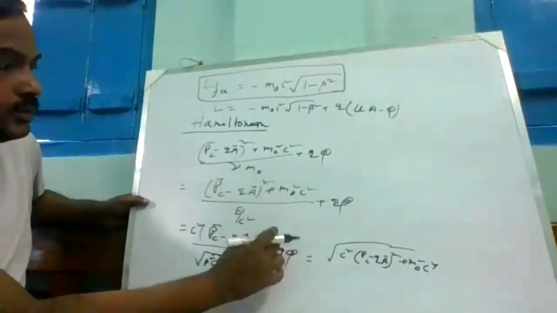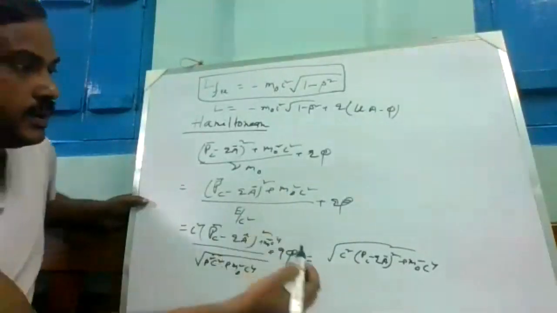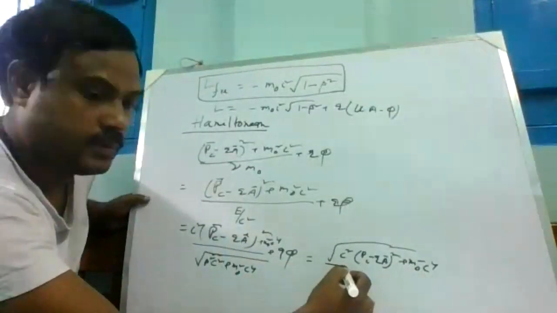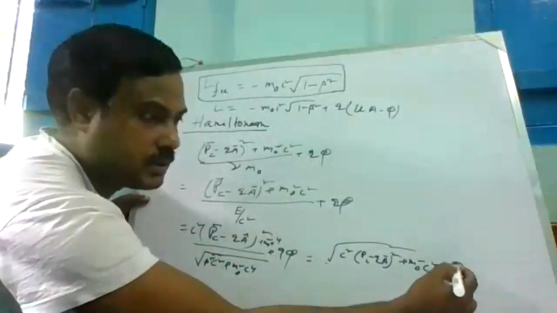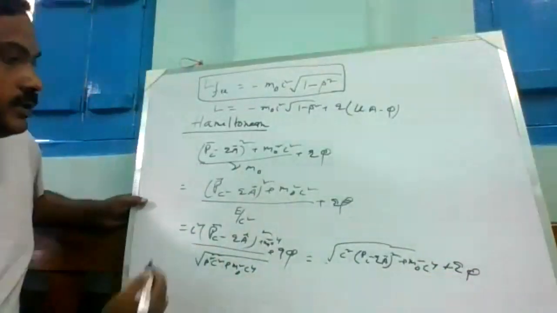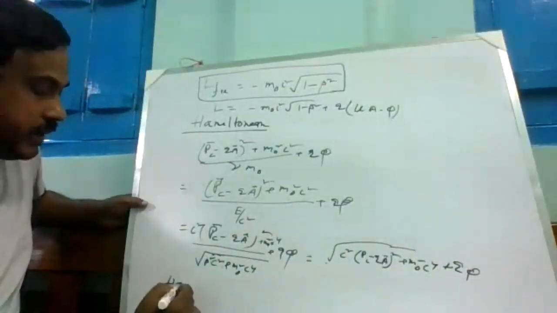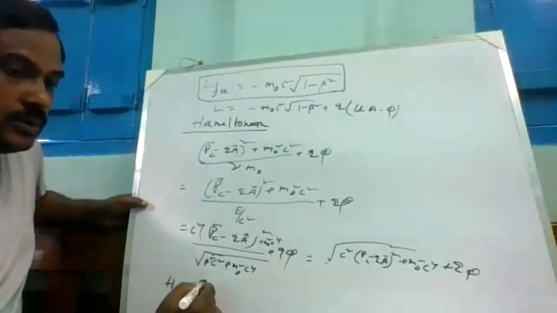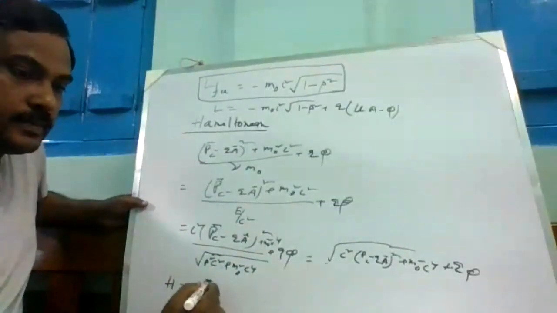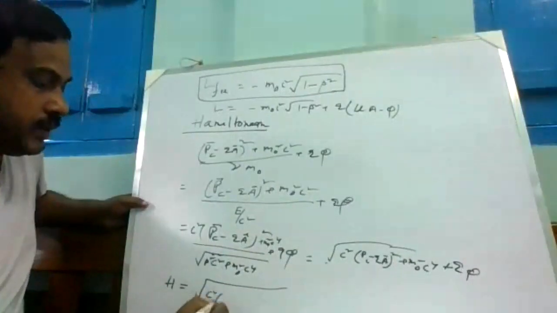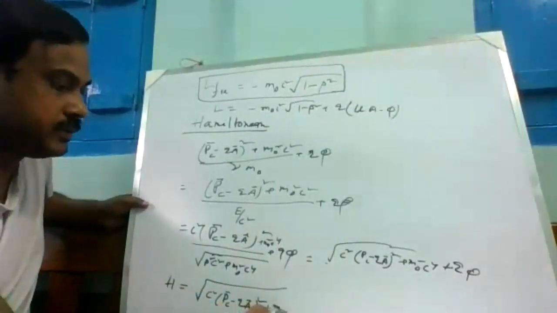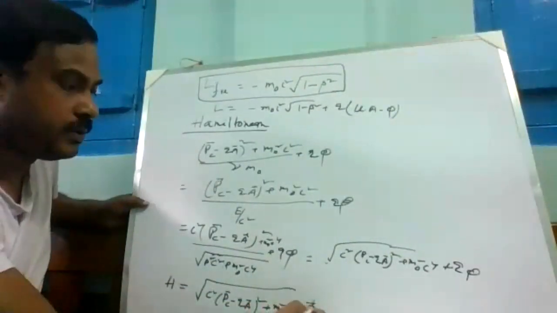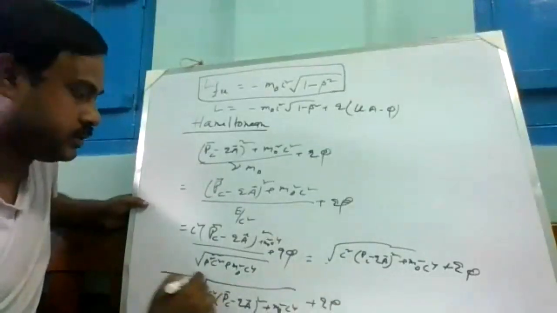This square will go out, so this will be c^4, c^4 root over plus q^4. So this will be the Hamiltonian. So H final form, H will be equal to root over c squared (p_c minus qA) whole squared plus m0 squared c^4. This will be the